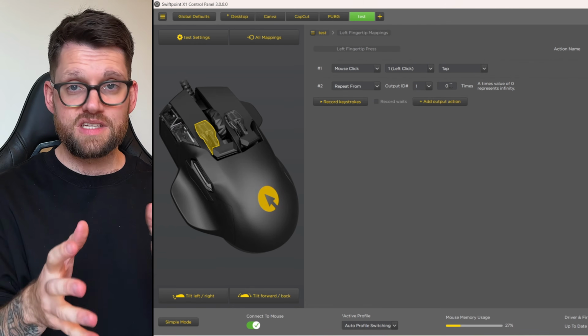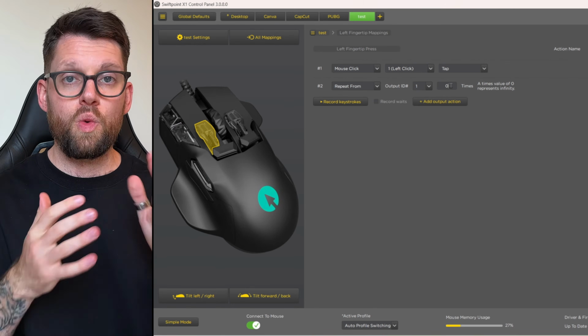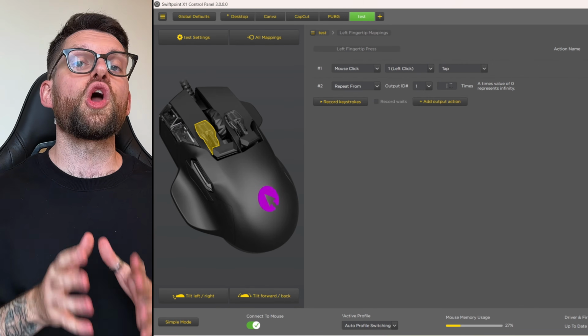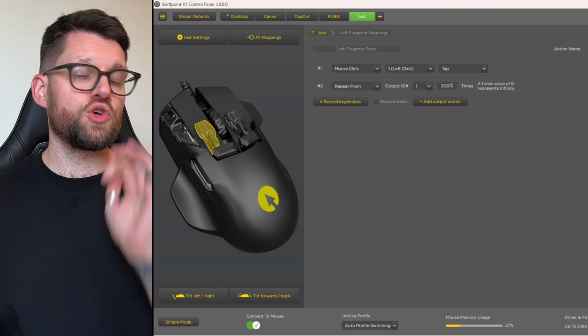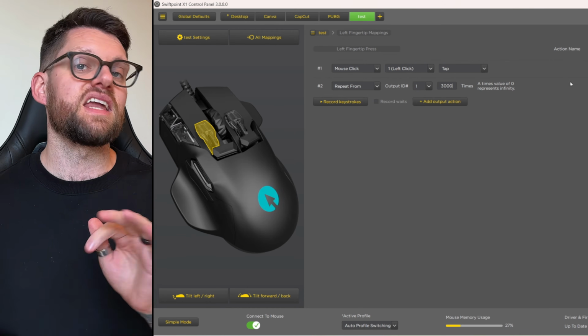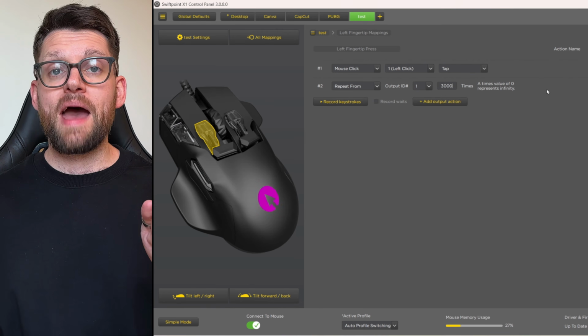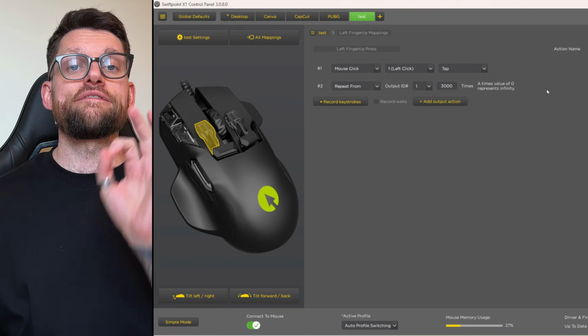Side note, if you select 0, the auto clicker will repeat infinitely with no way to stop it. You need to assign a release key in the next step. So to stop that from happening, we've assigned the clicks to 3000. To stop the auto clicker, we need to assign a release action into the string that we've just built. You can assign the release to another button if you wish, but to keep this setup nice and clean, we will assign it to the same button.